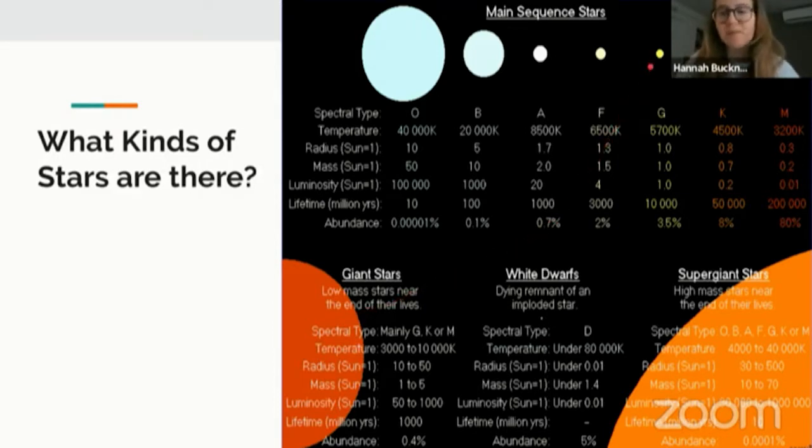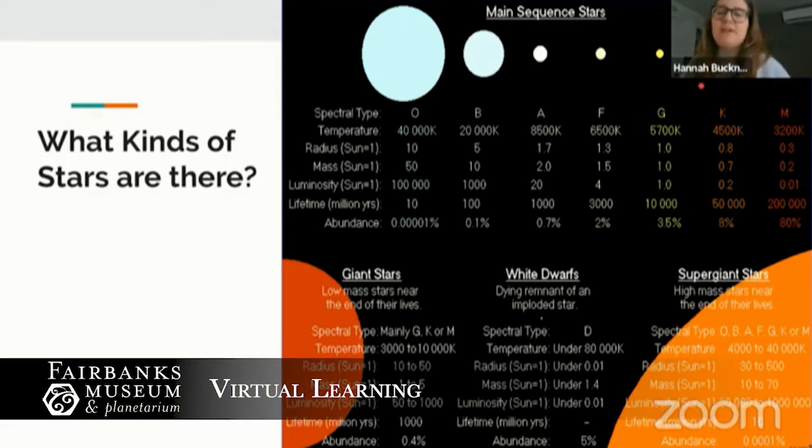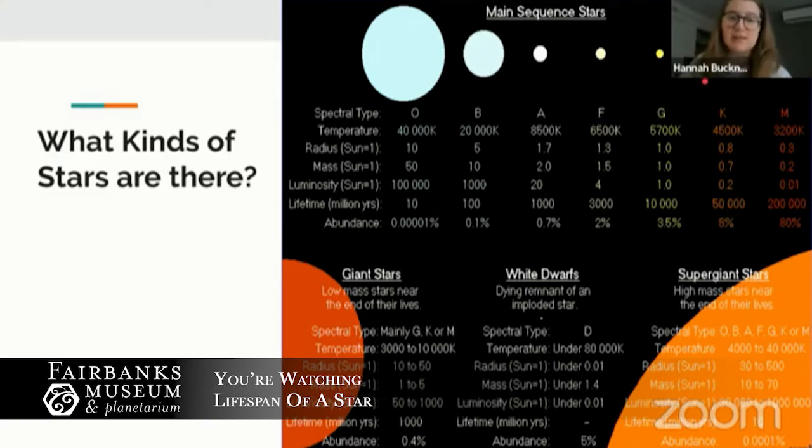So actually, this yellow dot is our sun. Our sun is a G-type main sequence star. It's about halfway through its lifespan. And because we have grown up with this star, we have used it as a reference point for the rest of space. So when we're looking at a K or M star, we know that they are stars that are smaller than our sun, and they have less weight. Well, not weight, they have less mass.